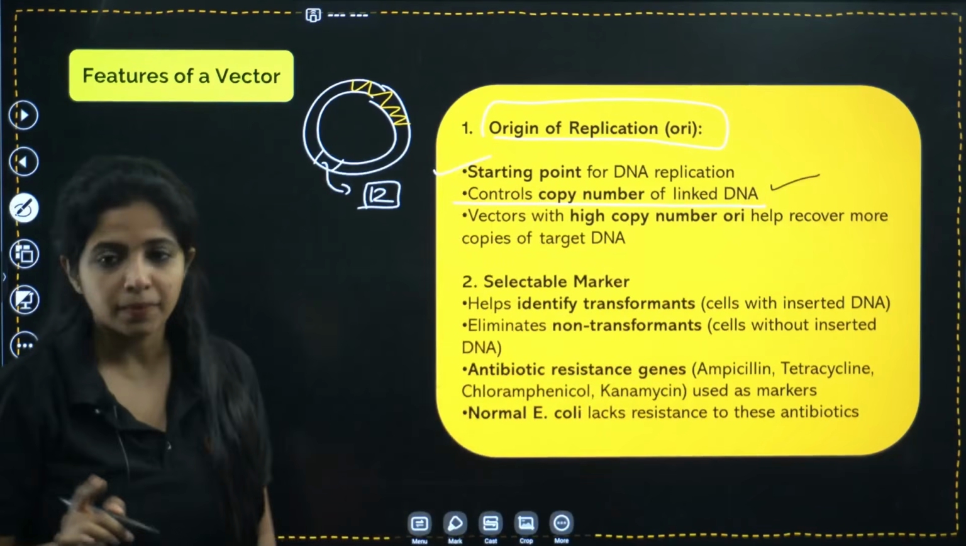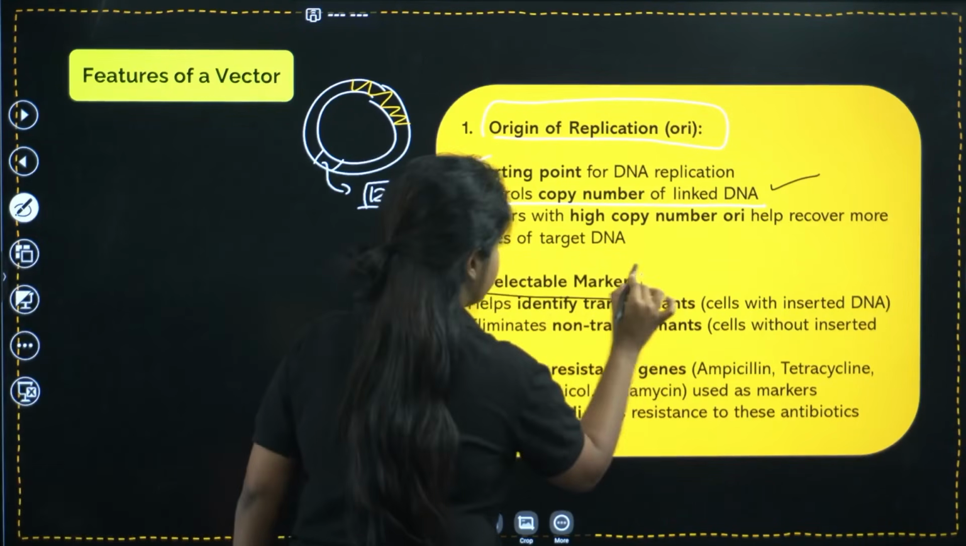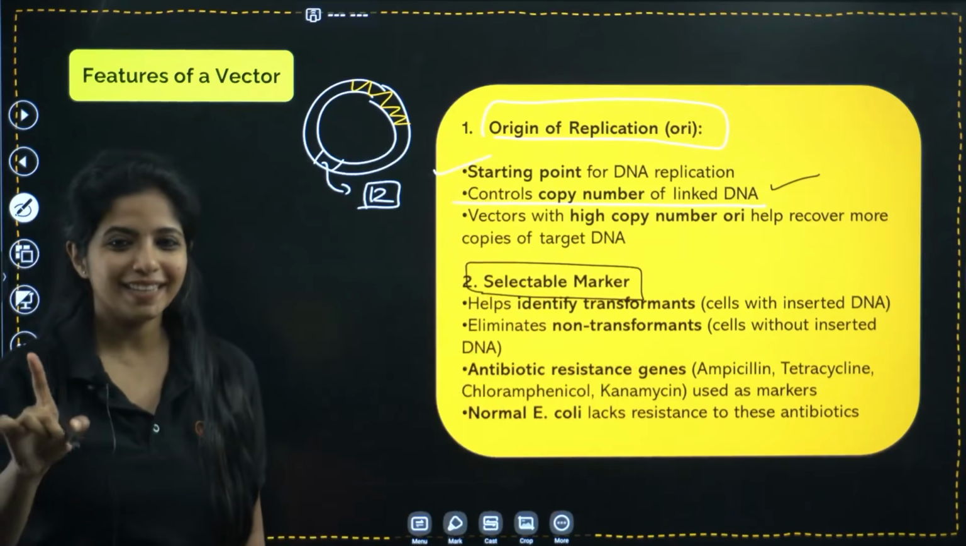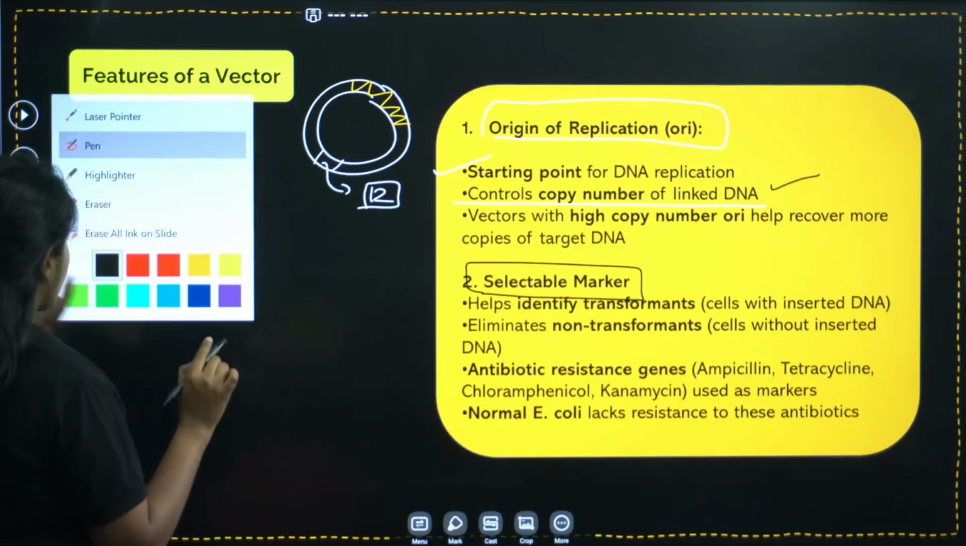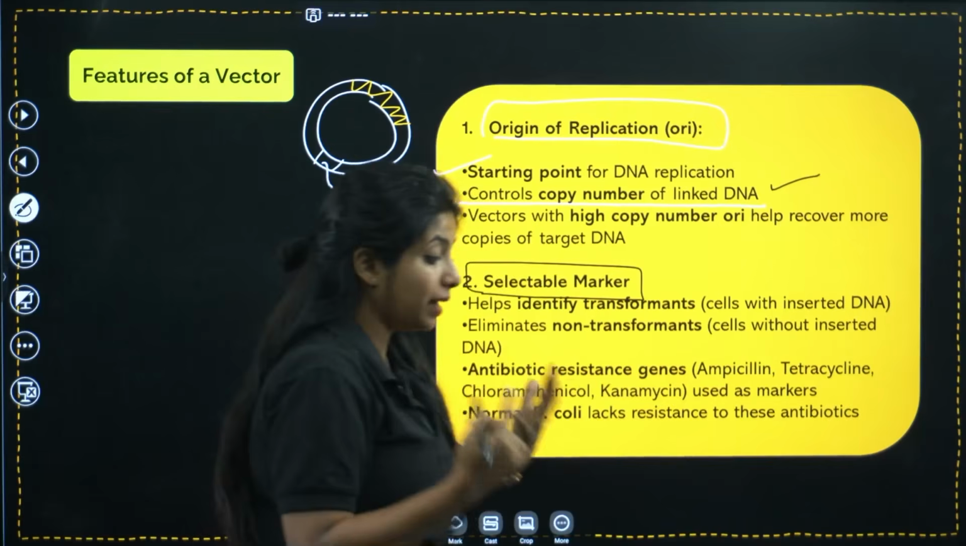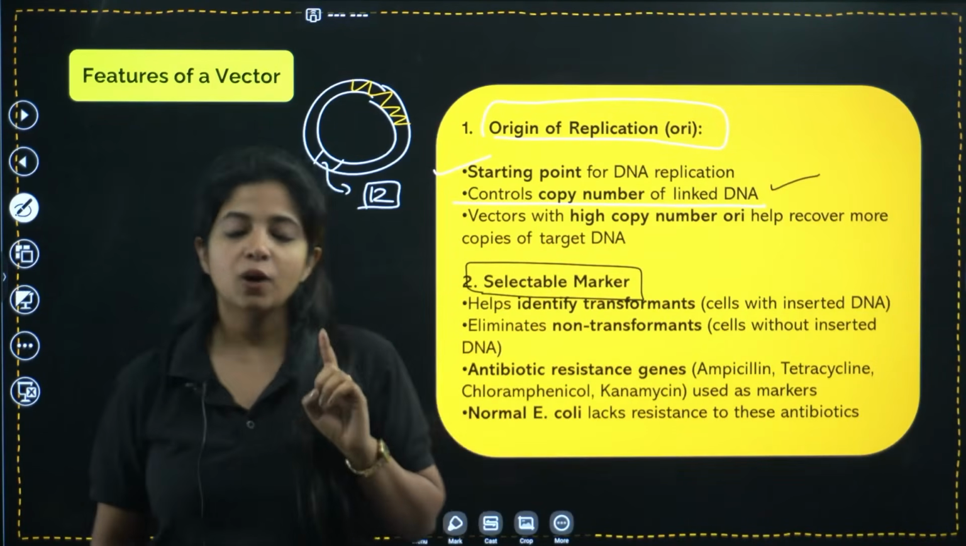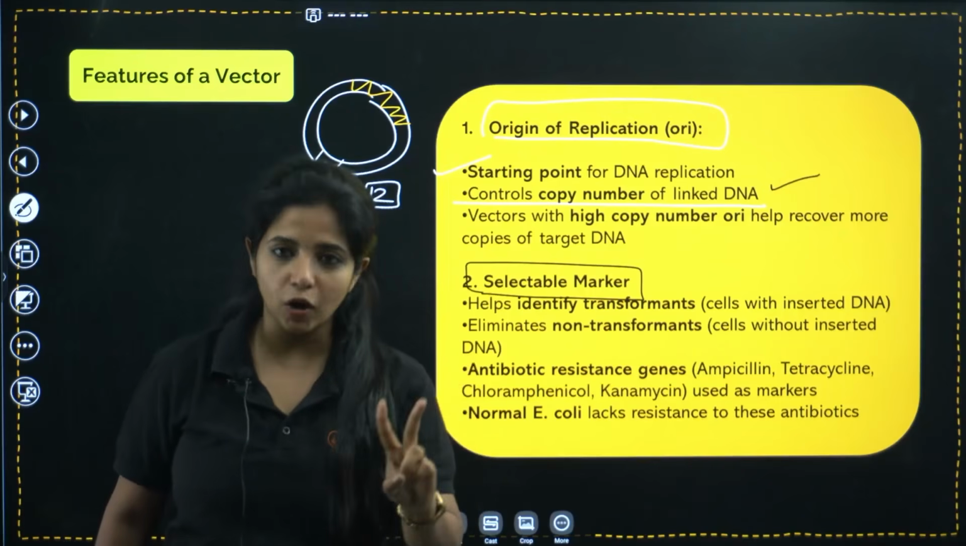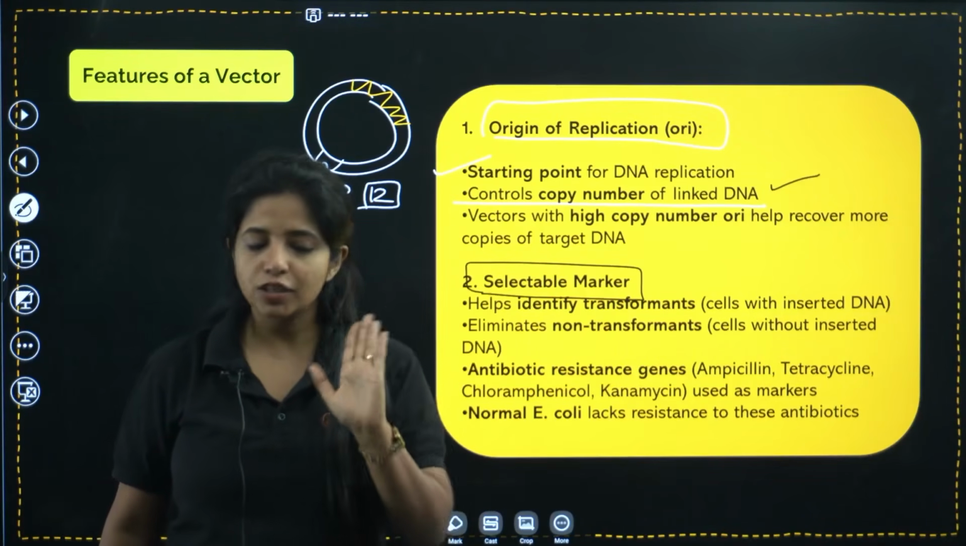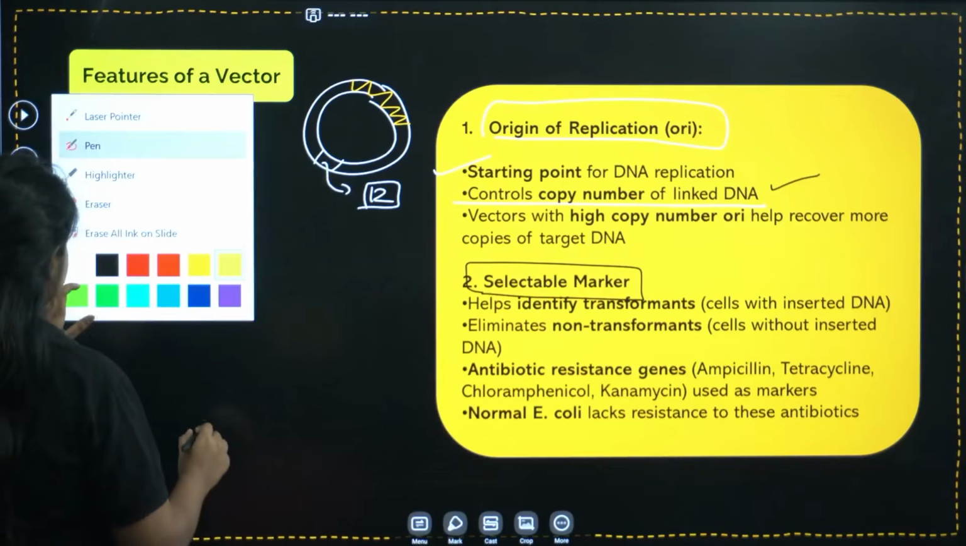Do not forget it. Second thing, selectable marker. Now here I am going to talk about two terms which could have been difficult for you but will not be difficult from this point onwards. One is transformants, another one is recombinants. Okay, listen to me carefully. Suppose there is